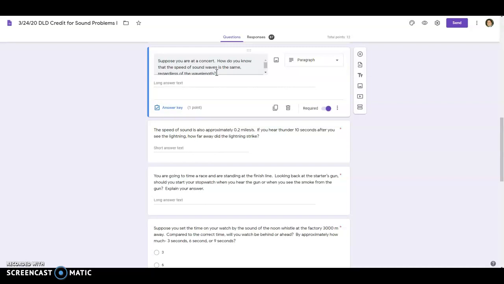How do you know this at a concert? If we were allowed to go outside and watch a concert, the bass notes that come from a bass guitar are going to reach the listener, the audience, at the same time as a high note from a guitar, even though it's a higher pitch, shorter wavelength versus longer wavelength. The music still sounds good to us. So this is really a matter of listening to some music and appreciating that high notes, low notes,